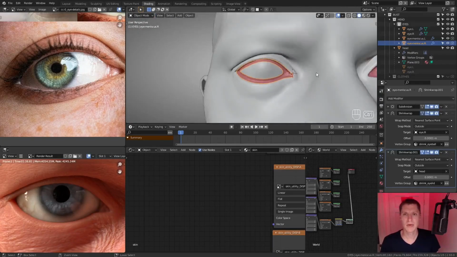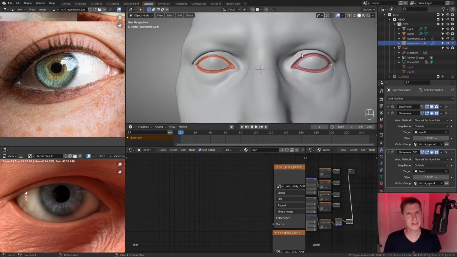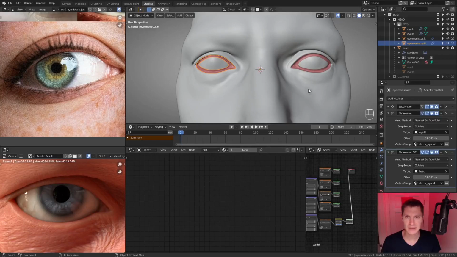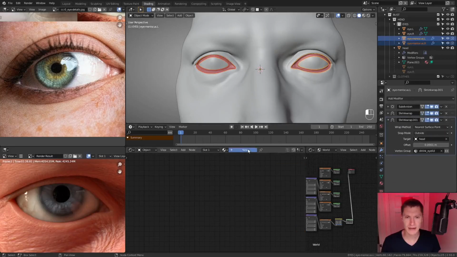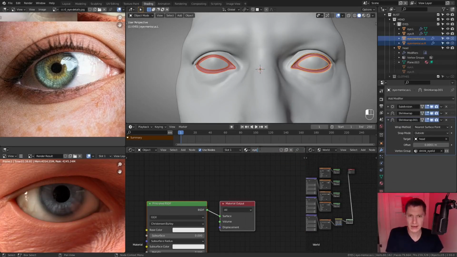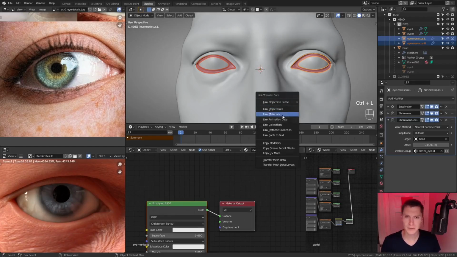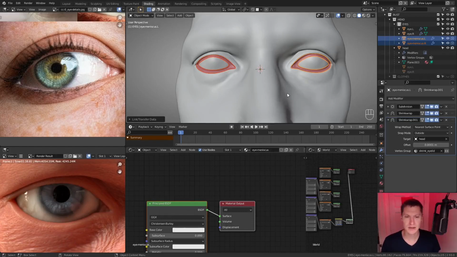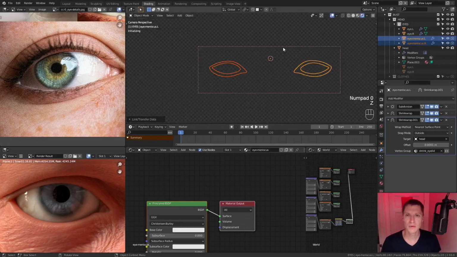There we go. Okay, so with both meniscuses modeled, it's time for the material. So if we go to our shader editor, let's remove the skin from both of them. We'll add a new material. We'll call it eye meniscus. Control L and make sure we're linking the materials. All right, now we can go to rendered view,